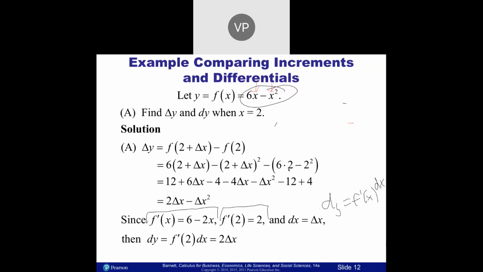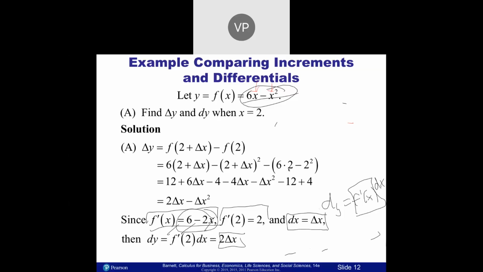Okay, so we went and found the derivative, which is this. We plugged in 2 to that, and that's how we got a 2. There's a lot of 2's floating around, but I want to make sure you're clear. This is the derivative from our shortcut that we did, and then you plug in 2 to this formula, and you get 6 minus 4, which is 2. So that's how we get a 2 times delta x,